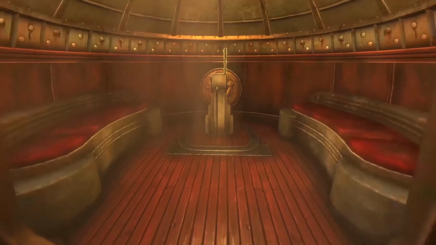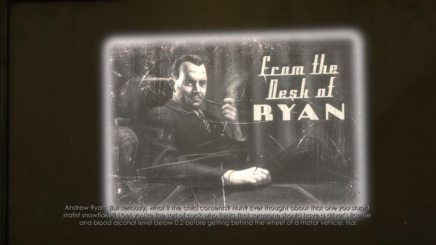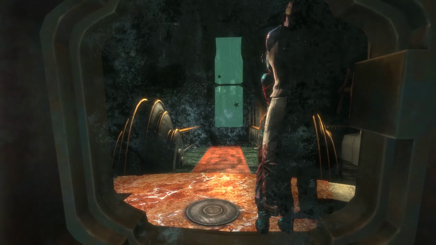I stepped into the bathysphere to descend below while listening to a recording of a Walt Disney lookalike ranting about how his child laborers have a right to purchase heroin and that no government has the authority to take that from him. Having arrived in the city of Rapture proper, I kicked off my stay by watching a man get